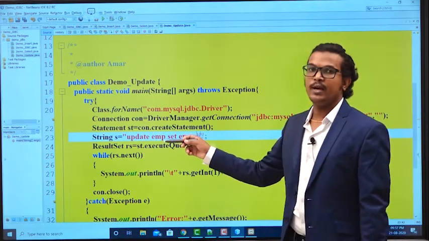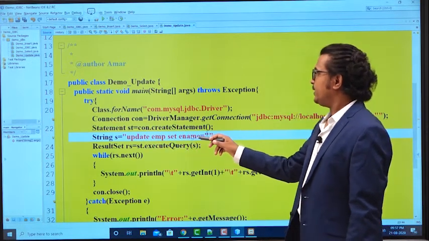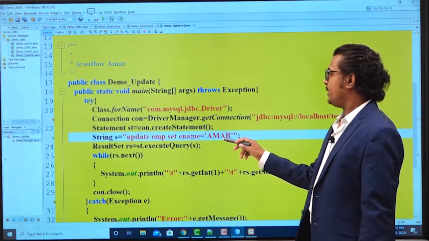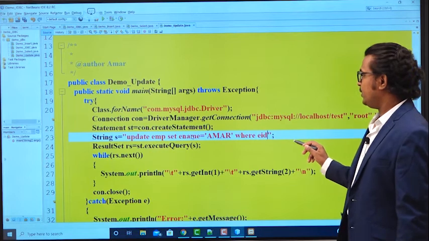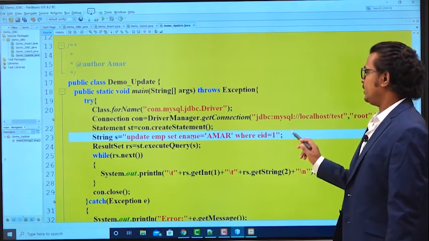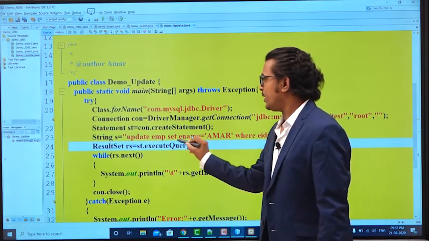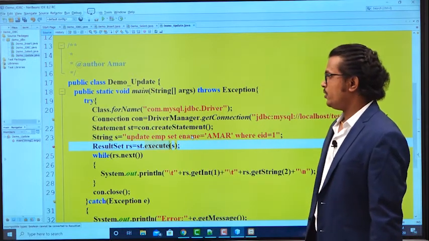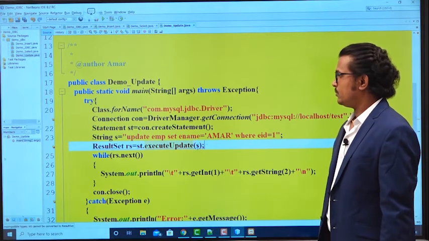What is the query for updating the table? For that I am using update emp set ename equal to Amar where eid equal to 1. This is my query, and here you have to use executeUpdate.